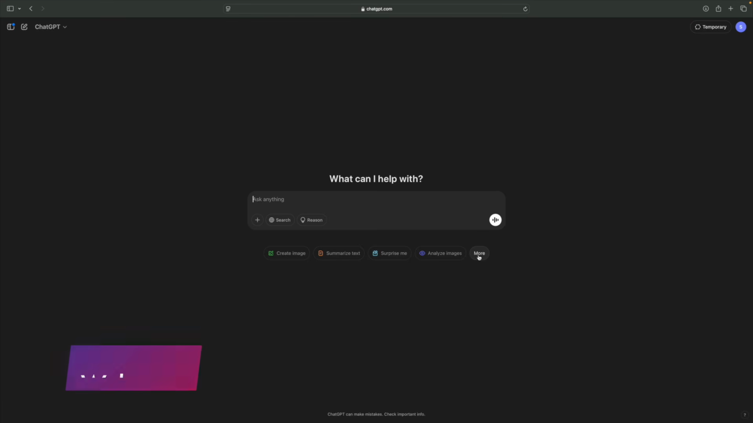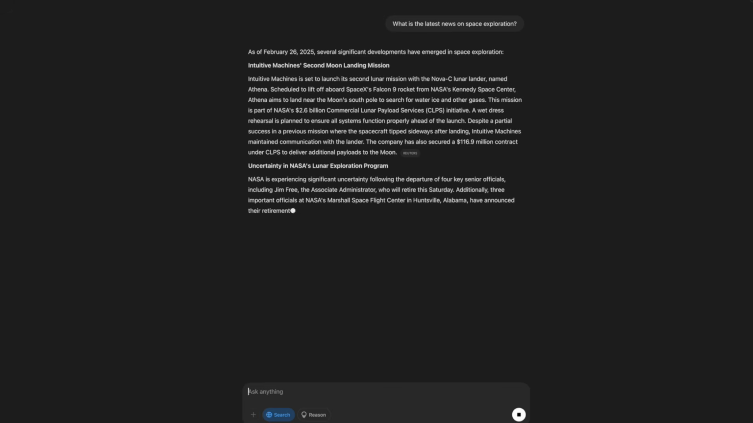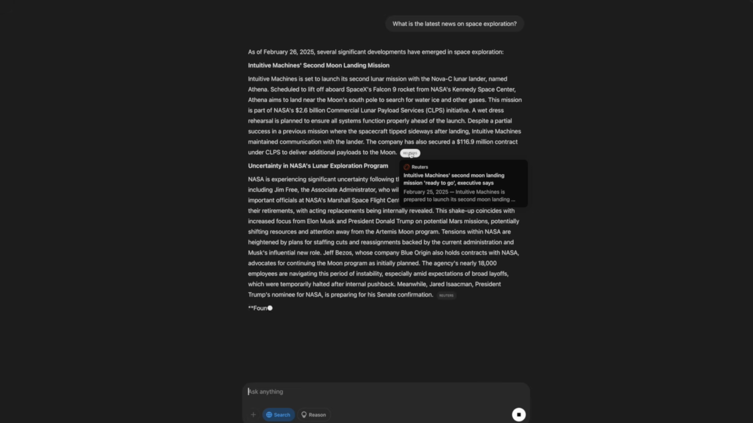Unlike older versions of ChatGPT that were limited to past knowledge, the free version now includes real-time web search. To use it, just click on this button right here, which says Search. Now that we have search selected, I'm just going to put in the prompt, what is the latest news on space exploration? And here we can see the first source,